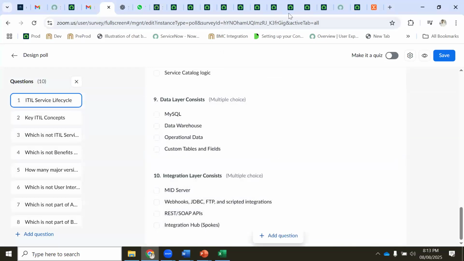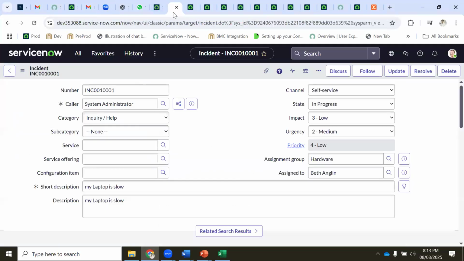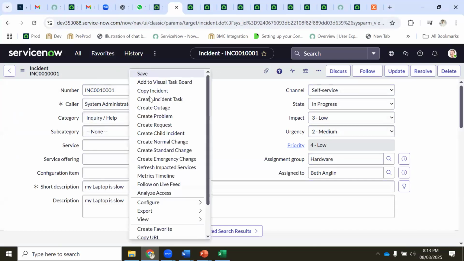So tomorrow, what we are going to do is discuss this complete form. How do we configure this? What is this form? What is this state, what is this impact, what is this urgency, what is priority? All those things we will discuss. How do we add new fields? We'll discuss. How do we create a change from here?